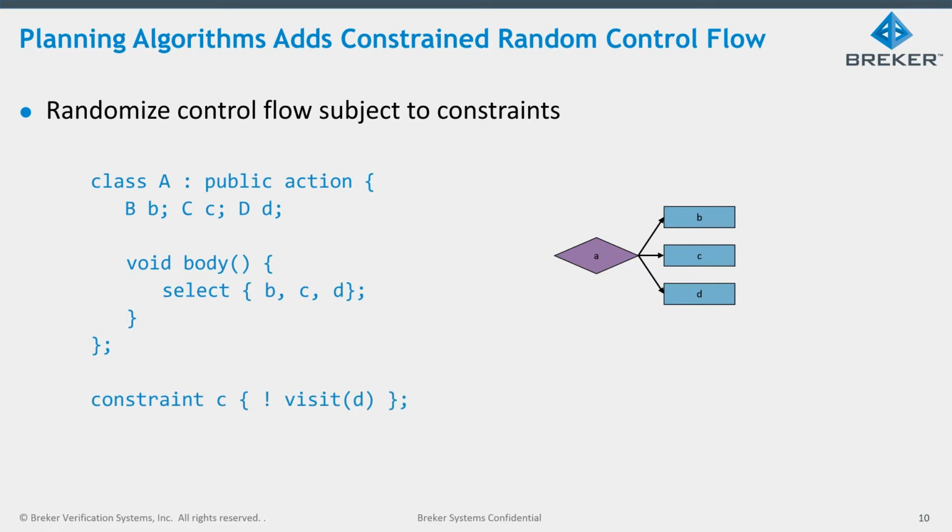And then we want to be able to put some constraints on that graph. For example, we might say, please do not visit D. So that means the only legal solutions are B and C. This idea of being able to come up with randomized control flow sequences is part of the solution that lets us find sequences of operations that'll take us through those neural nets when we have a small portion of the neural net to play with, and we are trying to test the corner cases.